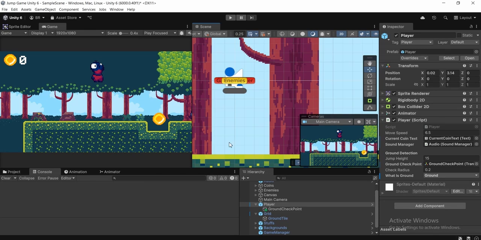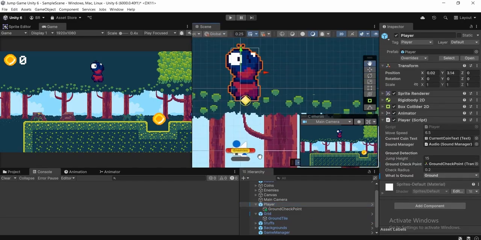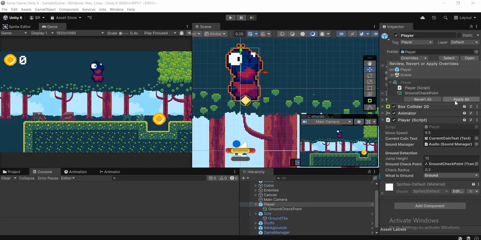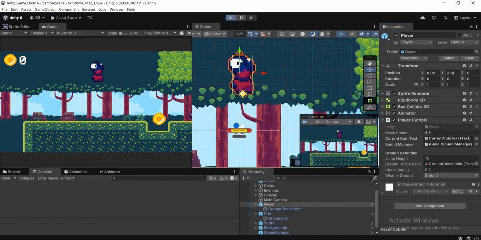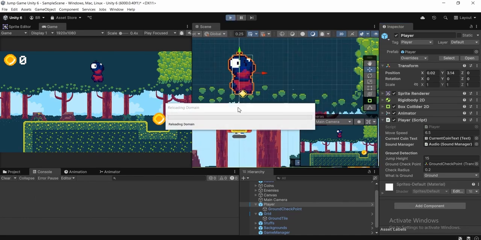But before we do, make sure you select your parent game object, in our case player. Then we will move over to inspector overrides and then apply all. If you turn your player into a prefab, whatever changes you made over here are gonna be saved into your player game object prefab as well. So before you do, make sure you select your player game object and drag it over to your assets folder in the project tab. And now if we click on this play button in the top, we should be able to notice